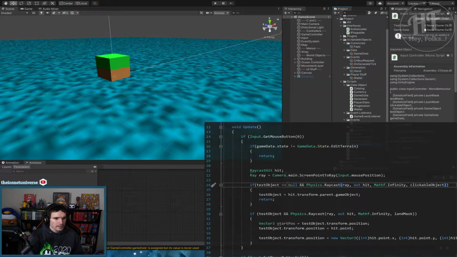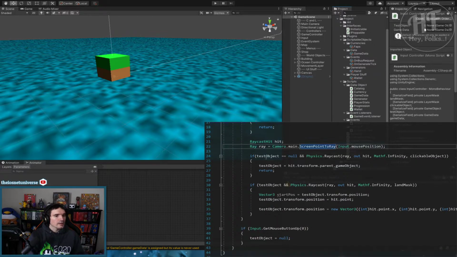So, where were we? Right. We had set up just a quick if statement. If we are not currently editing terrain, then just don't do any of the rest of this stuff. We got the hit getting initialized, although it's empty. Raycast. The raycast comes from the mouse position, and the reason for that is